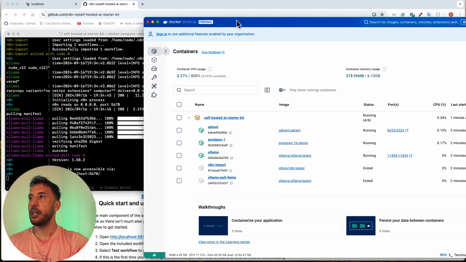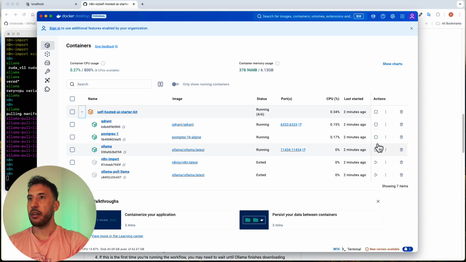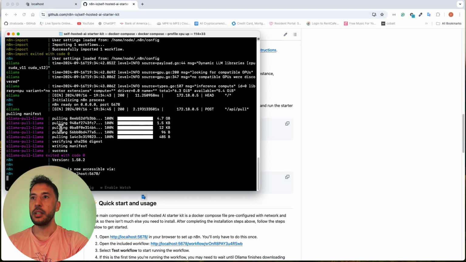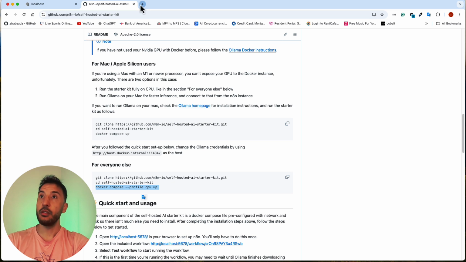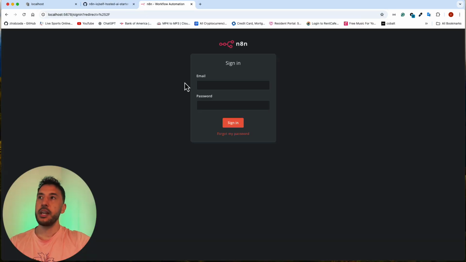Okay, so now let's make sure everything is running. Yep, it looks like everything is good to go here. Everything's running. So let's minimize this for now. We can copy this, or just go to localhost 5678. So let me go ahead and do that. I'm gonna say localhost 5678. If it's your first time, this is gonna pull up and ask you to sign up for an account. But if you have already logged in through this localhost before, then it's just gonna ask you to sign in. So I'm just gonna go ahead and sign in. Okay, you're gonna enter your email and password, and you're gonna sign in.